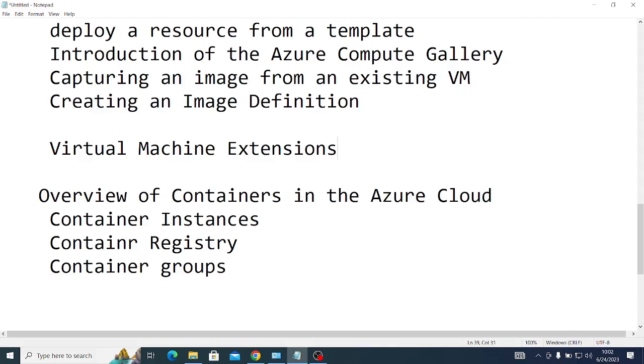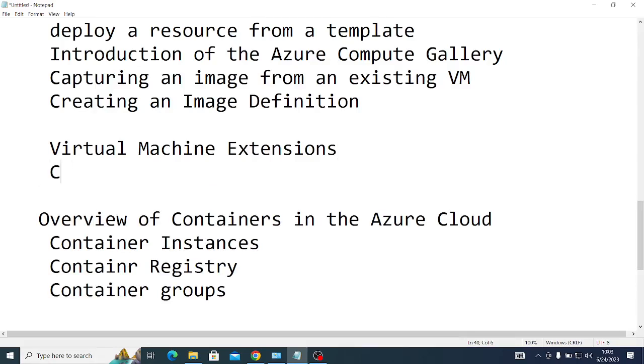Virtual machine extensions is also some of the things we're going to look at. But I want to write everything so that I see how we're going to structure our lab, so that we don't create a lot of things. If we can create one virtual machine and we can do an extension on it, and also you'll see. So virtual machine extensions,